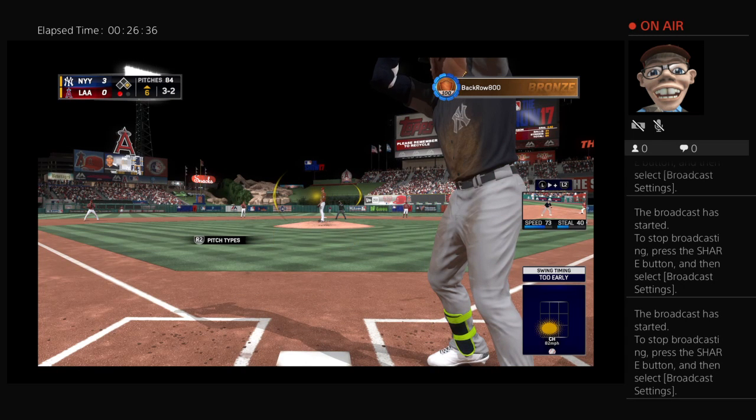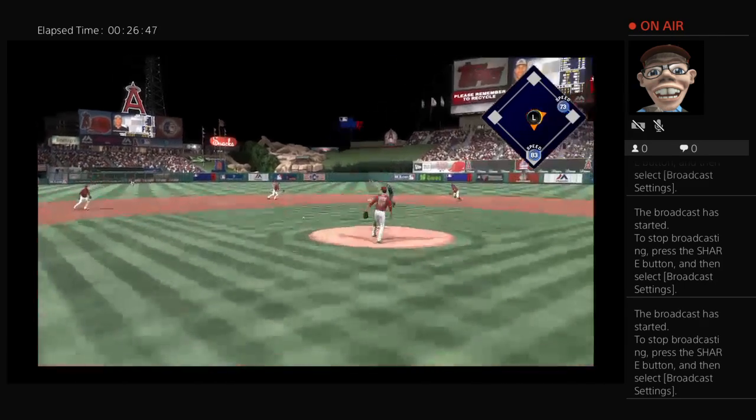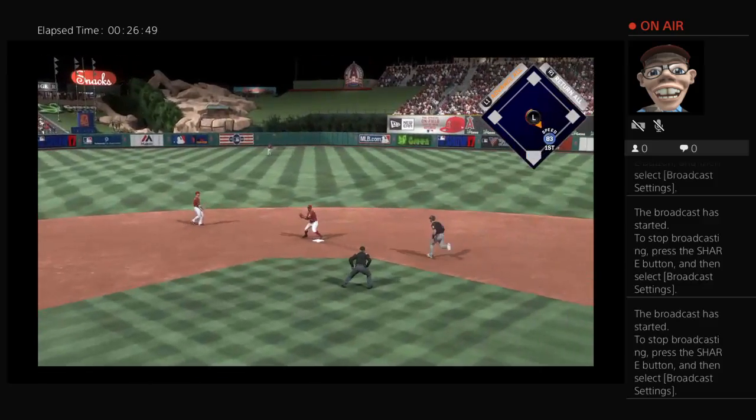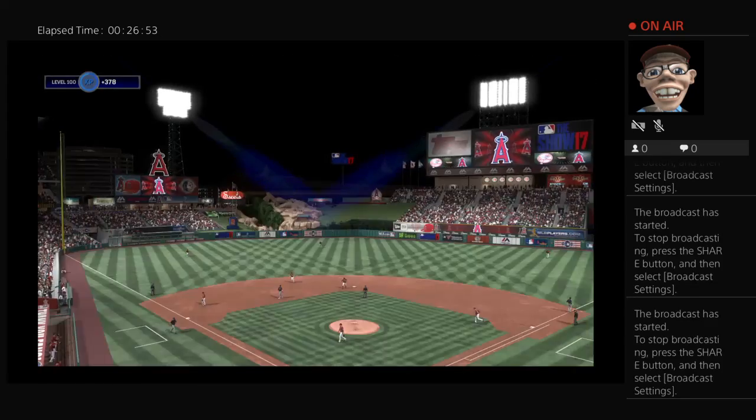This guy's got a lot of power, so he pulled the string on him, knowing if he got a 3-1 fastball, we're probably going to watch him jog around the bases. Here comes the payoff pitch. Hit sharply on the ground. Simmons has it. There's one. Relay to first in time, and just like that,